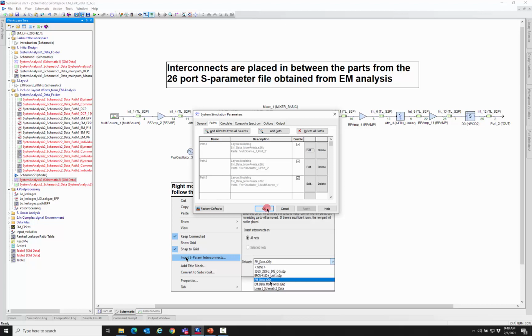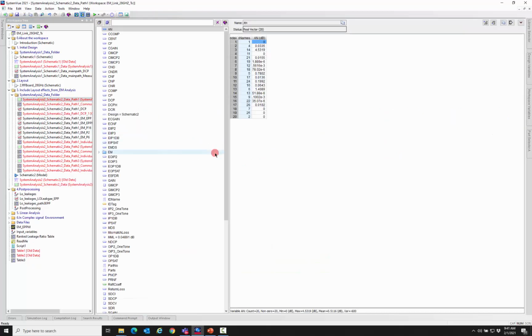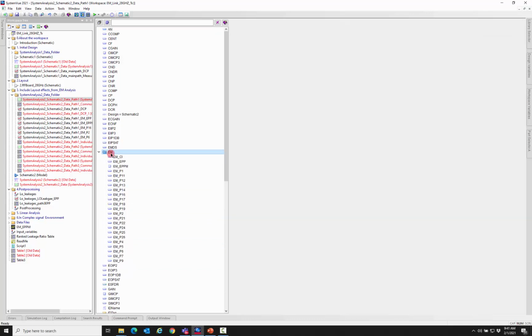So once we do that and perform the analysis for path 1, which is the main path starting from this source, ending at the output port. Now, if you are familiar with Spectrasys, you would know that all these measurements would anyway come through. The new measurements that have come through now through EMLink are under this folder EM. So we have measurements like